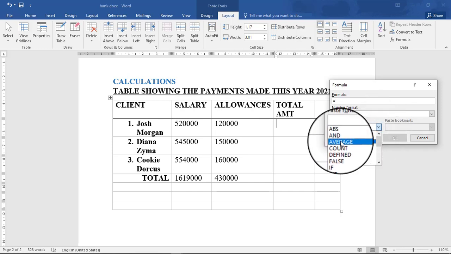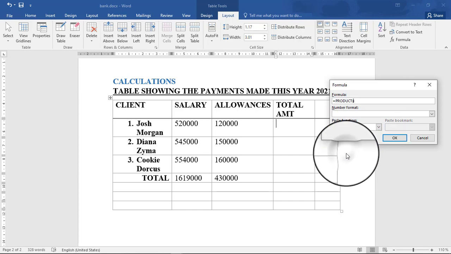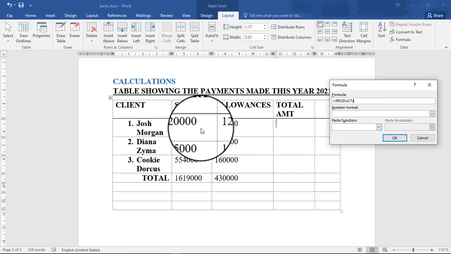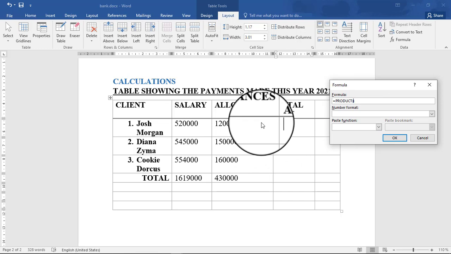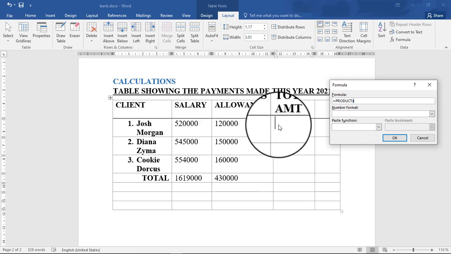I want the product because product is multiplication. Then inside the brackets, you open up brackets and place the direction you want. I want the direction of this. This direction is left, at the left of this box. So I press left.